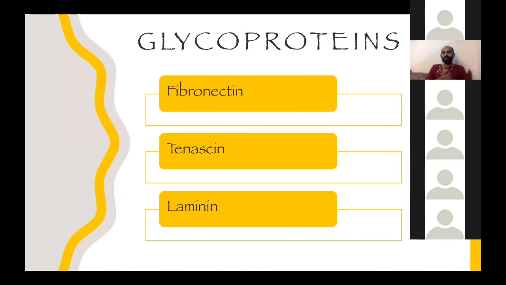If there is a question, discuss the structure of periodontal ligament, it means you have to discuss all of that: the cells, the fibers, and the ground substance. If the question is on only the fibers of the periodontal ligament, you will have to discuss the fibers, or more commonly the question would be: discuss the principal fibers of your periodontal ligament. Yes, understood? Okay, so I think I'm done with that.